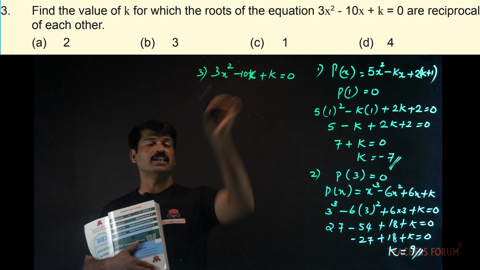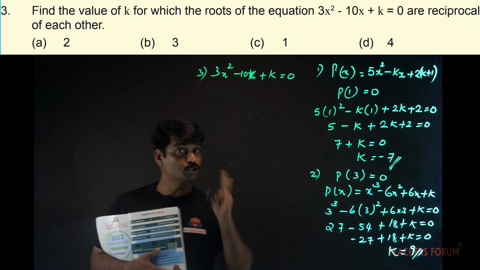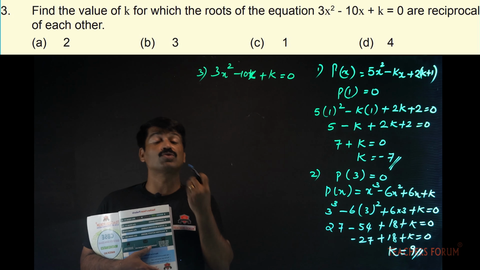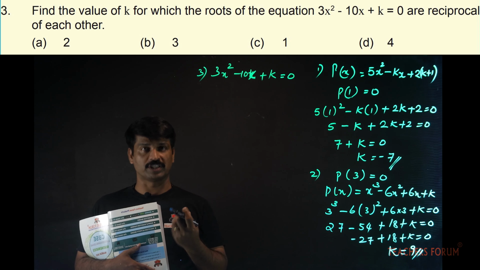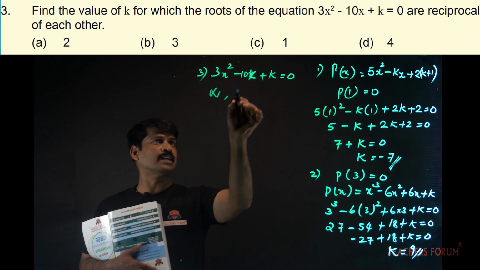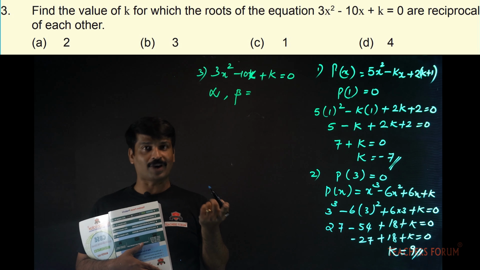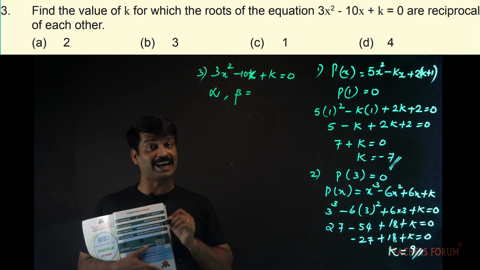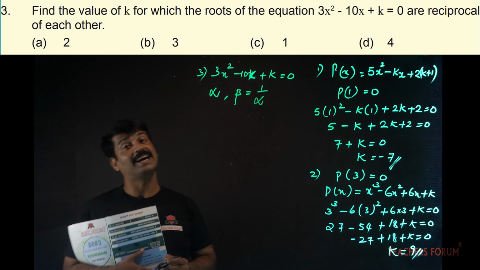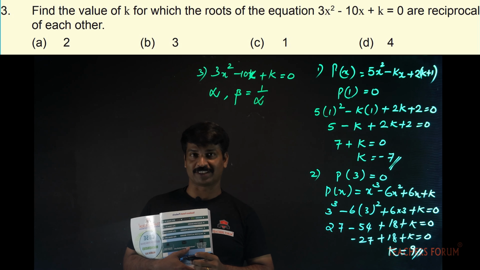You see, its degree is 2. So, it is a quadratic equation. It will have 2 zeros as the degree is 2. Now, it is given that those 2 zeros are reciprocal of each other. So, let us assume that the first zero is alpha. The second zero is beta. But it is given that these 2 zeros are reciprocal. So, if the first zero is alpha, the second zero beta will be equal to 1 by alpha. Why? Because the zeros are reciprocal to each other, isn't it?